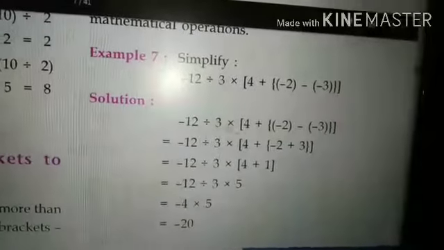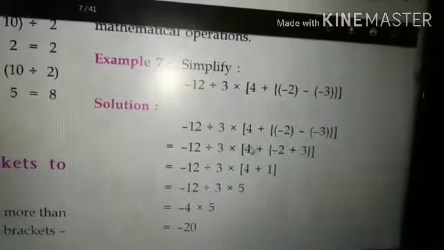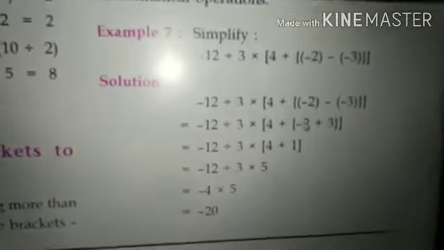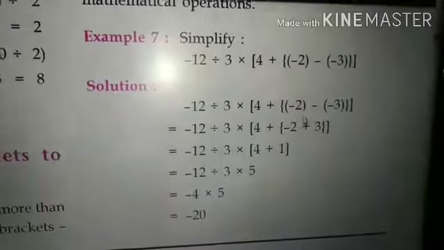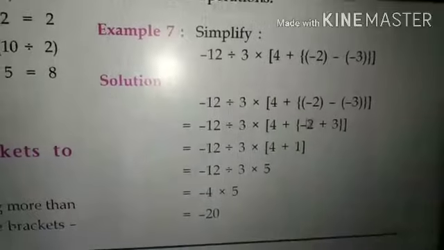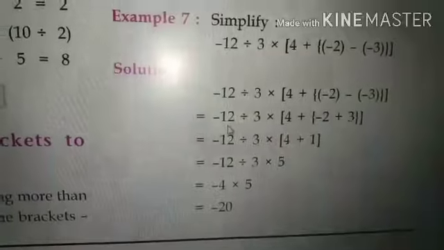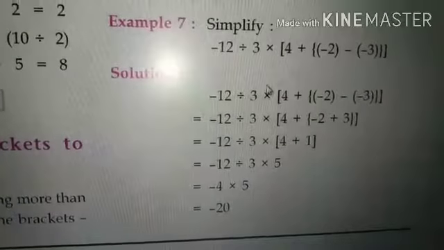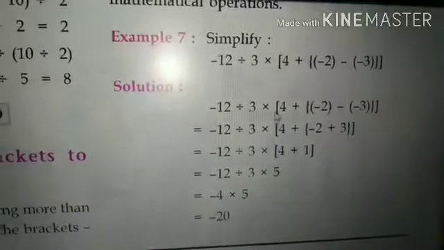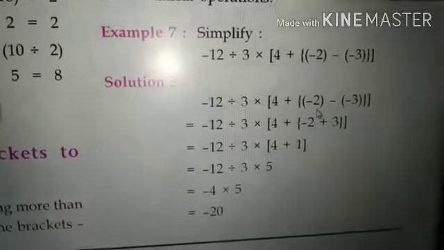Now students, you can see here more than one bracket in this expression. This is square bracket, curly bracket and small brackets. So I will explain which bracket you will solve in this expression. Is there a bar bracket? No. So that's why we will solve the small brackets. Second term comes of small brackets. First, minus 12, copy down, division, copy down 3, multiplication, square bracket, 4, plus in curly bracket. We will move out this small bracket.